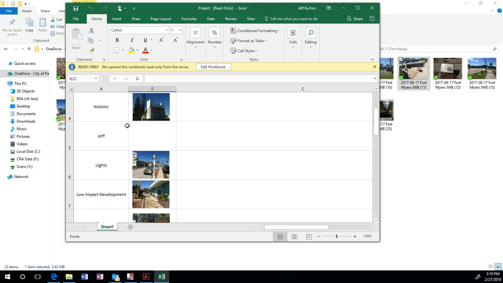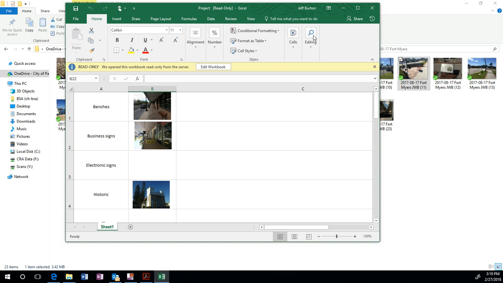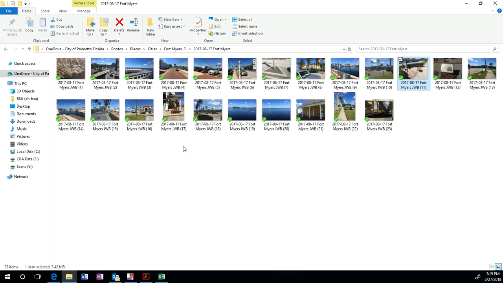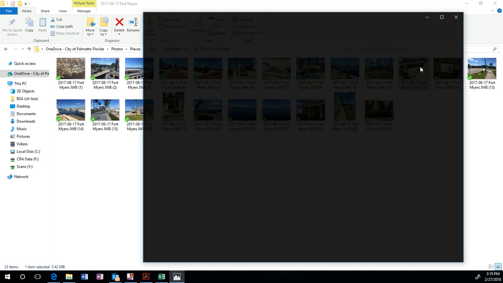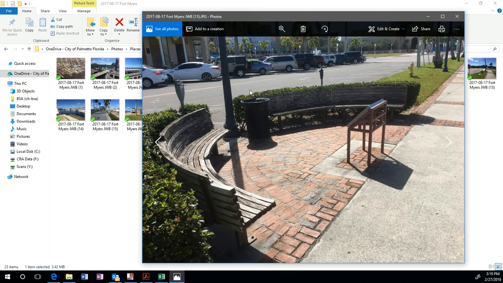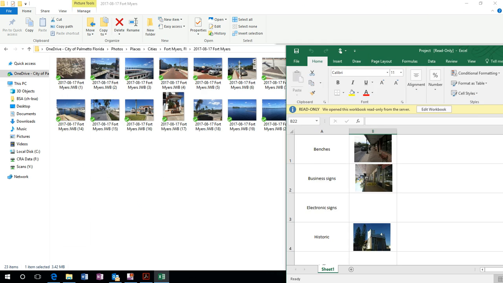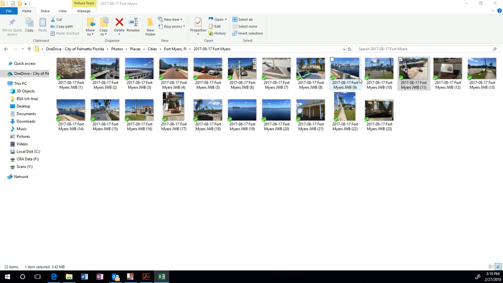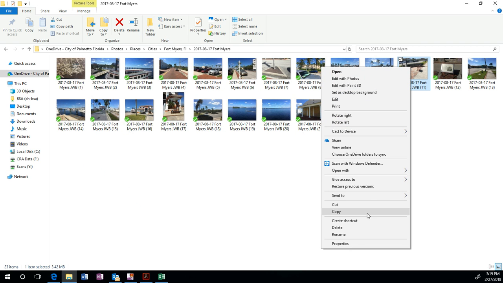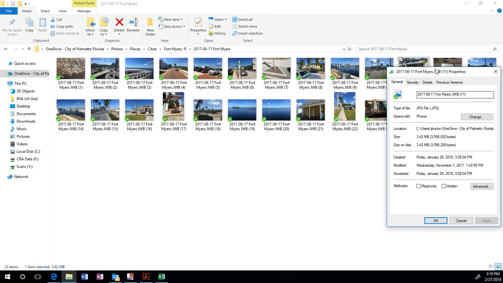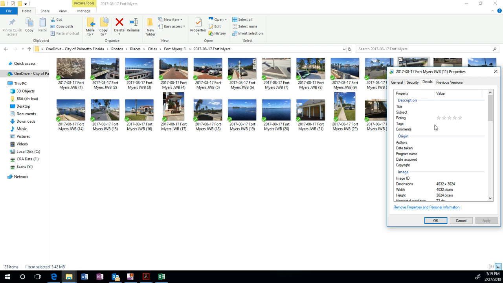And I want you to tag each item with one of these. So again, we would go back to this picture, which has a trash can, lights. It's a streetscape. It has benches, and it even has landscaping. So we would go back to the list, and come over here and right click on this image and hit properties, then hit details, and under tags,